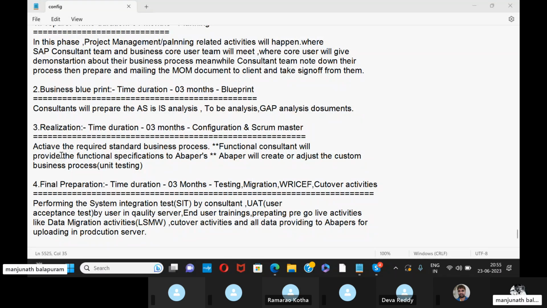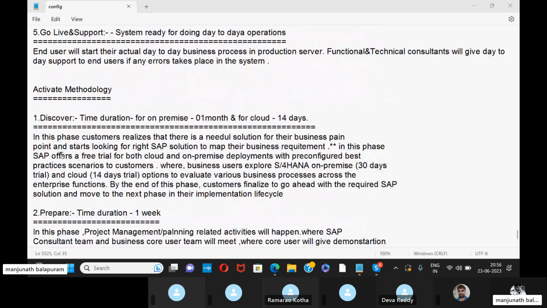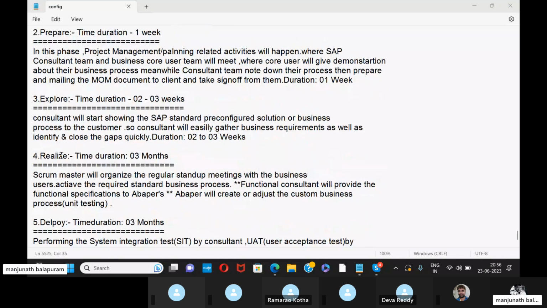Then the third phase in the activate methodology is explore. The time duration it takes is 2 to 3 weeks. So the consultant will start showing the SAP standard configuration solution business process to the customers. The consultant will easily gather business requirements as well as identify and close the gaps quickly. See here,